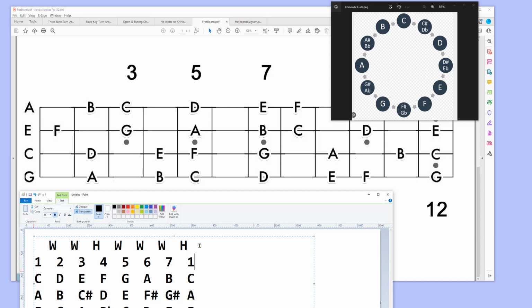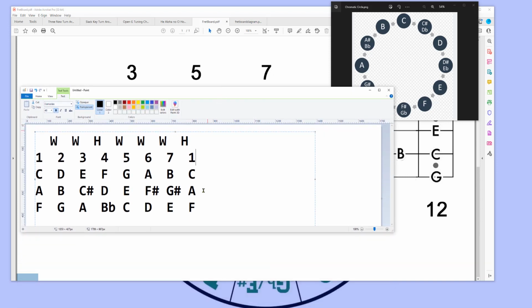So that's actually a 1. So this is always the 1, 2, 3, 4, 5, 6, 7, and then this is the next octave again, right? That's how you find the key and the scale that goes along with it